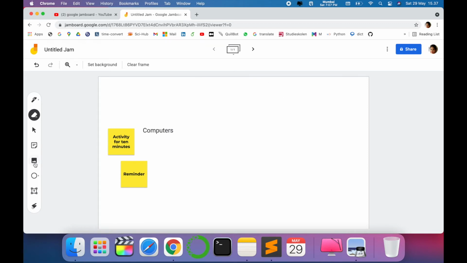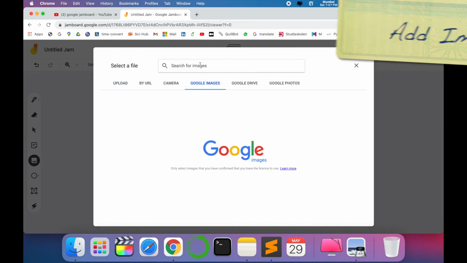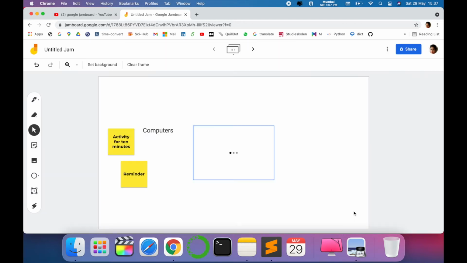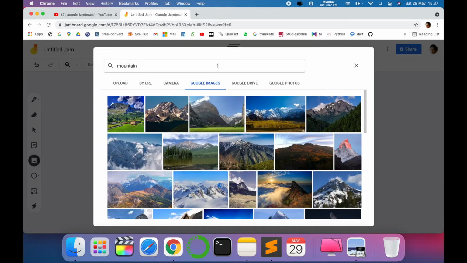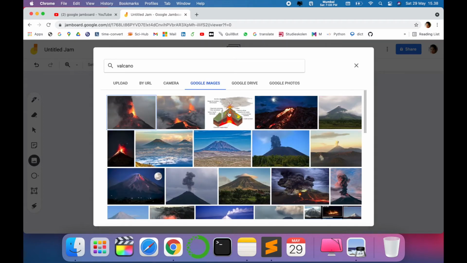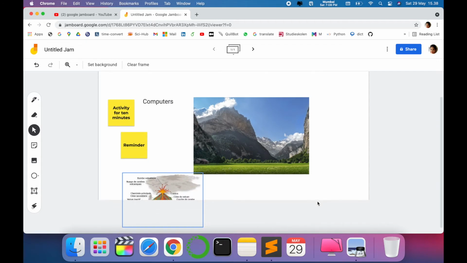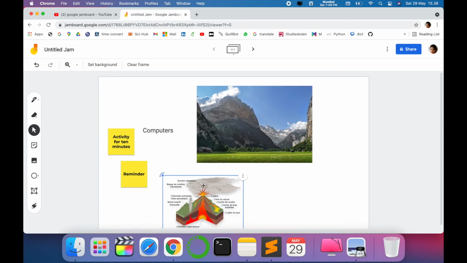I want to share an image, add an image. For example, Google image. If I want to show mountains, so these are the mountains, just click and say insert. As you can see now, there is an image of a mountain. You don't have to go anywhere. You can search for images like volcano. If you are explaining to your class about volcano, just say volcano and insert. In this way, you can insert the pictures accordingly, explain to your students how you want them to work, how you make them interactive to explain the things.